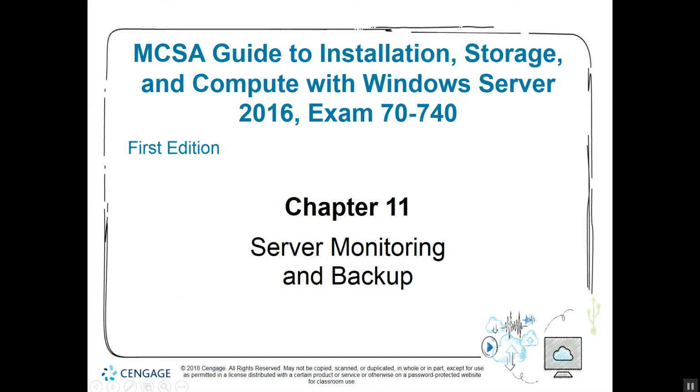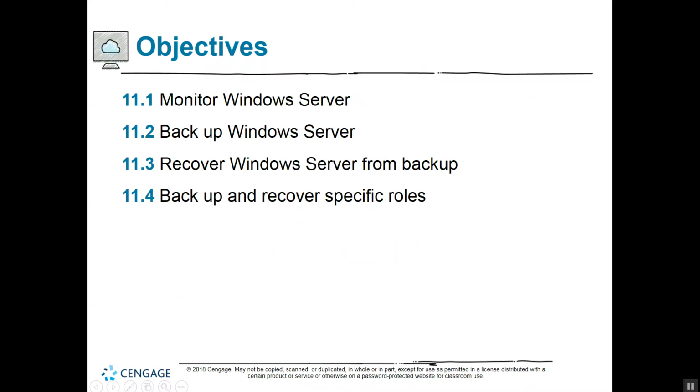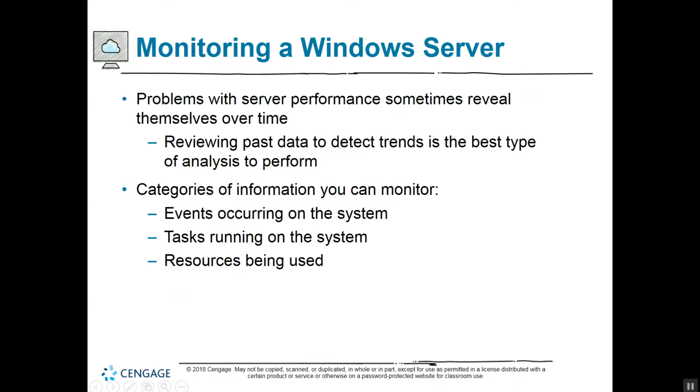We're in Chapter 11 now, and Chapter 11 deals with server monitoring and backup. So we've got 4 objectives: monitor Windows Server, backup Windows Server, recover Windows Server from a backup, and backup and recover specific roles. Now, if we're going to monitor Windows Server, these problems with server performance sometimes reveal themselves over